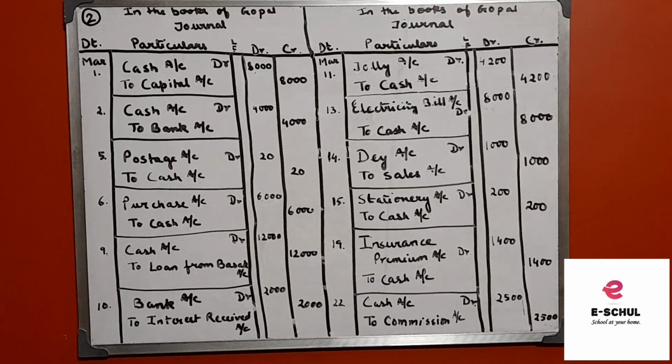Let's directly come to the sum. The first transaction took place on March 1st, 2020: commenced business with cash rupees 8,000. This is a very common journal and you have already done it before, so I am not going to explain it. Cash account debit to capital account. Students, I am telling you once again, please give the narrations. I have not given them due to lack of space. For the first journal, the narration was supposed to be commenced business with cash. Now going to the second one, withdrew cash from business for office use.